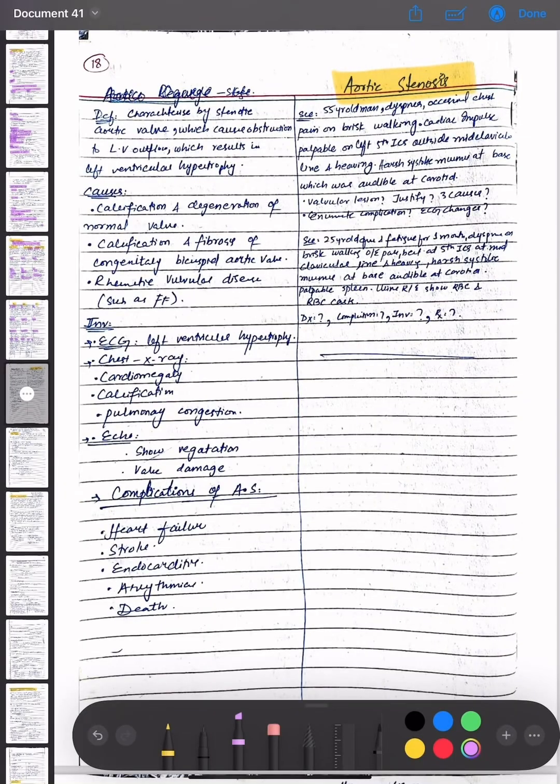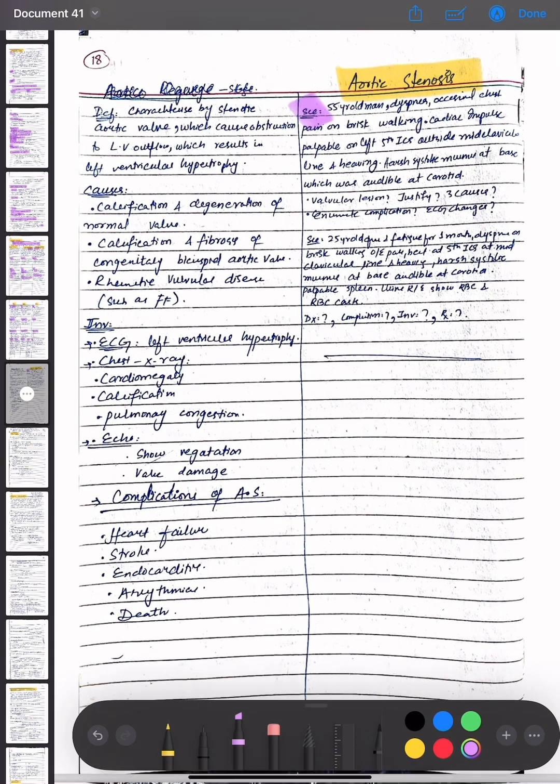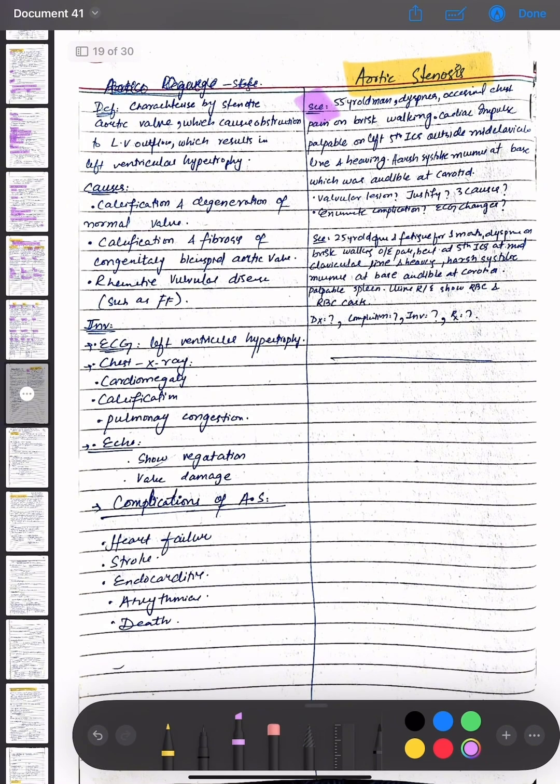Aortic stenosis. So we have a scenario of a 55-year-old man having dyspnea and occasional chest pain on brisk walking. The cardiac impulse is palpable in the left fifth intercostal space outside the mid-clavicular line, and a heaving heart systolic murmur at the base is audible at the carotid. Identify the valvular lesion, justify it, and then give the causes and enumerate complications